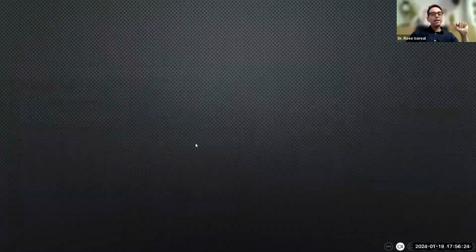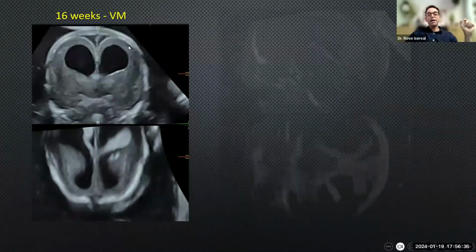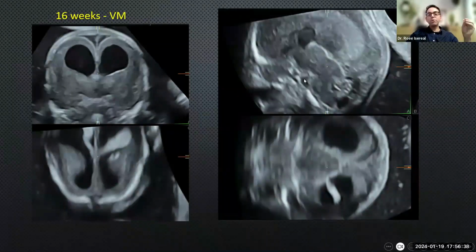Now, this is another case of an early ventriculomegaly referred at 16 weeks. Again, you can clearly see the ventriculomegaly, wide ventricle, floating, shrunken choroid plexus, thin, stretched brain parenchyma. So now we have to study again the midbrain, hindbrain. Ask yourself, what is the problem with the plumbing? Where's the fluid stuck? And we can see here also both on the axial image, but more prominent on the